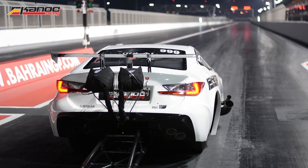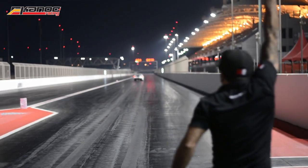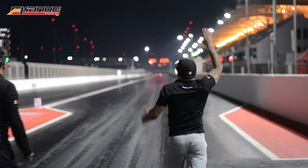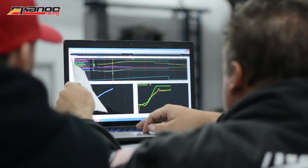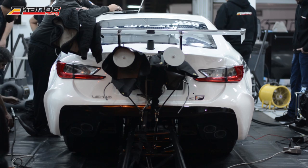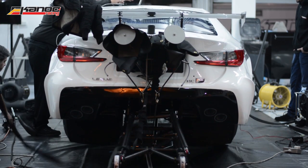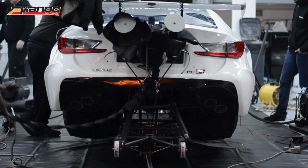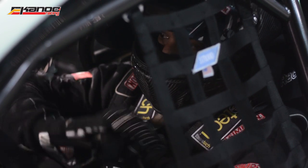And we came in here on the second day of testing, went 382 right out of the gate, then 379, then 377, then 374. Then we got curious just how something that would run that quick to the 8th mile might go in a quarter mile, and so we decided to try our luck at it, and lo and behold, we rip off a 5:54 elapsed time in a quarter mile at over 272 miles per hour,